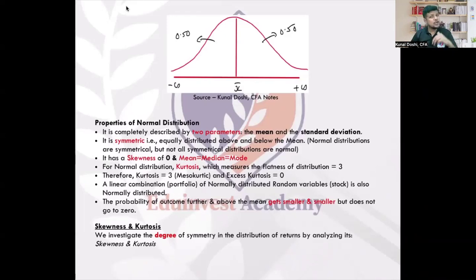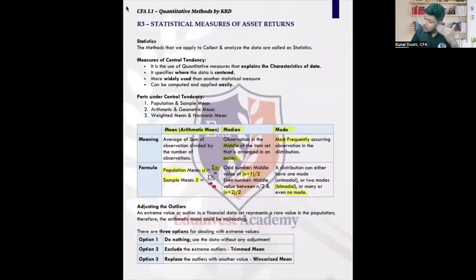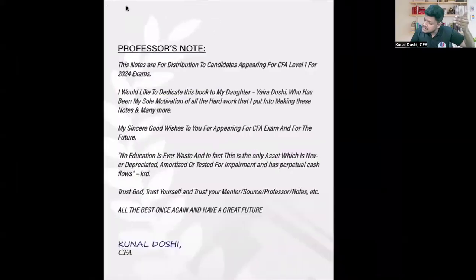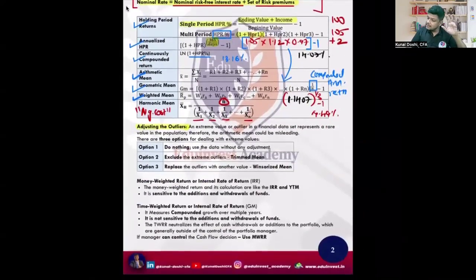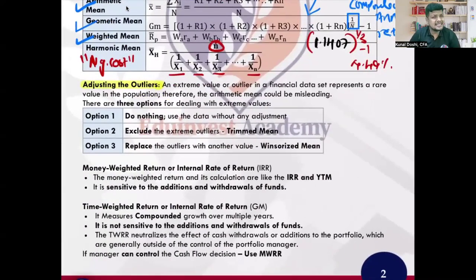Now we'll discuss skewness later, but what is the reason of this skewness that we were discussing? The word. CFA is all about keywords, not statements. Keywords, which should be there in your head. Yes, the reason of this skewness was outliers, extreme numbers. Clear? So what do outliers do? Well, they disrupt the data.